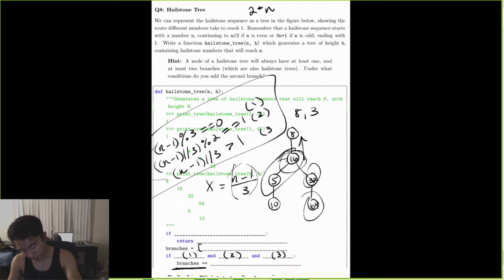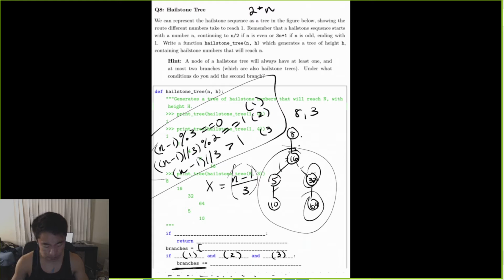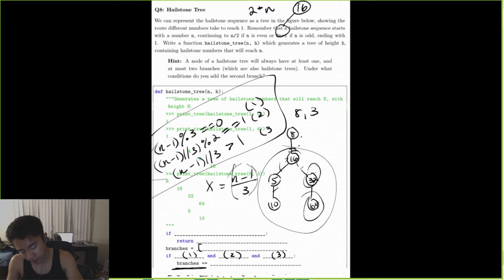And so because of that, we're going to make a recursive call on Hailstone tree. If we might imagine, how do we generate this part of the tree? The 16, 5, 10, 32, 64. Well, let's try calling Hailstone tree of 16. And so 16 is going to branch out into a 5 and a 32, and a 5 and a 10, a 64 and stuff like that until its height reaches that